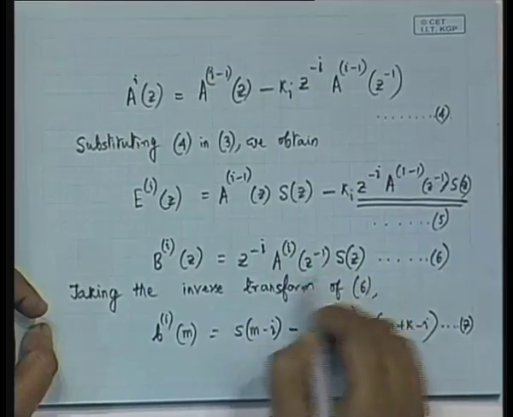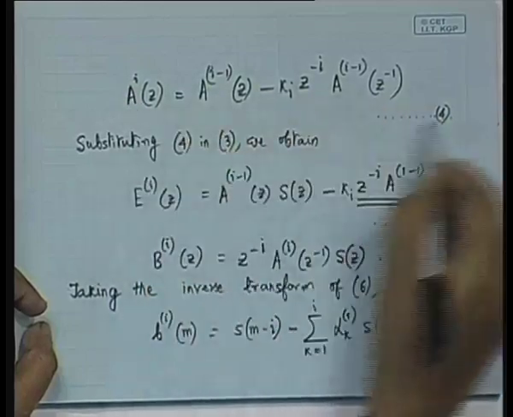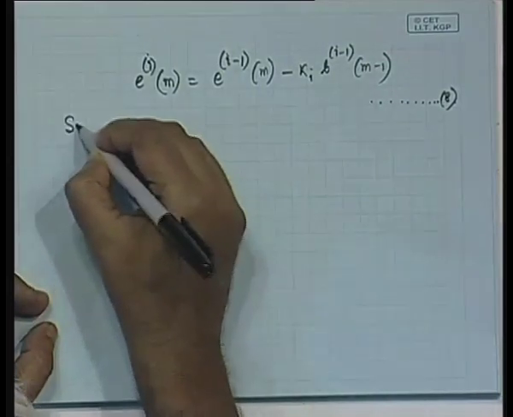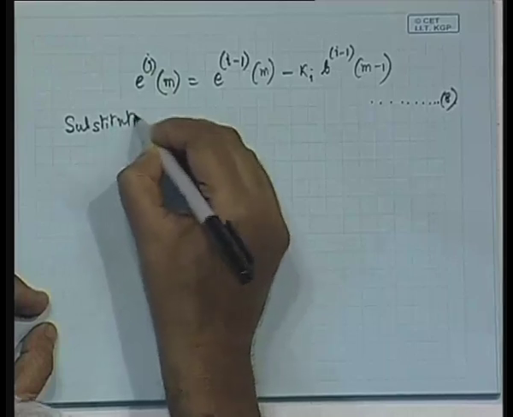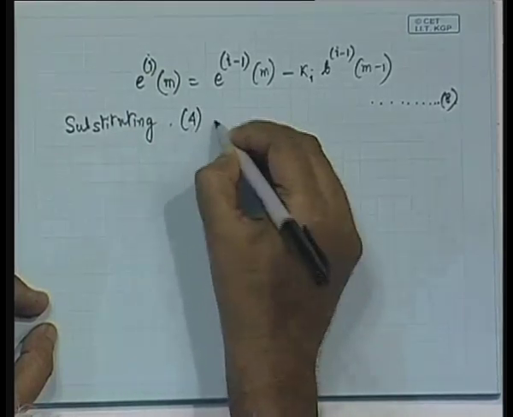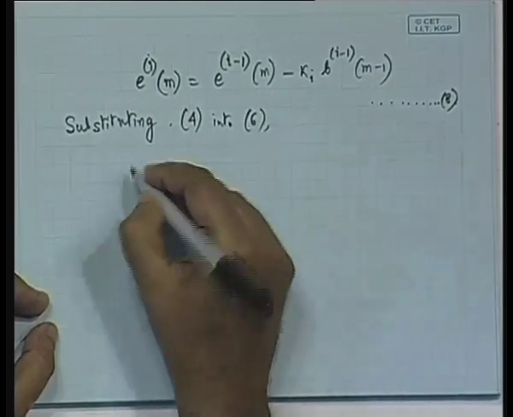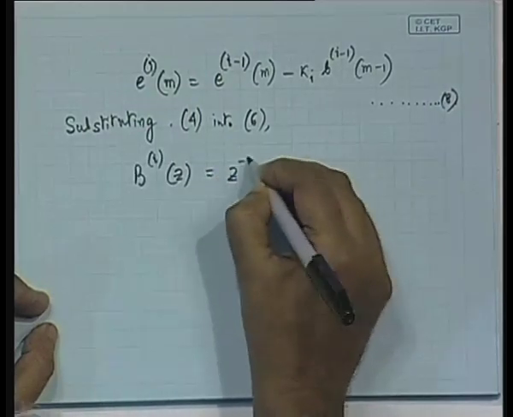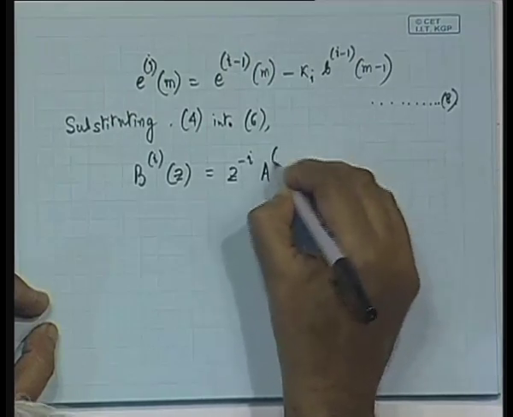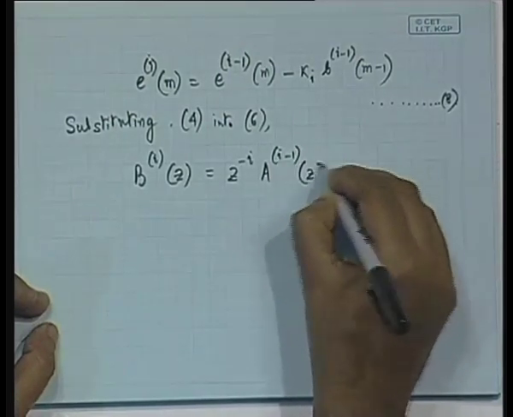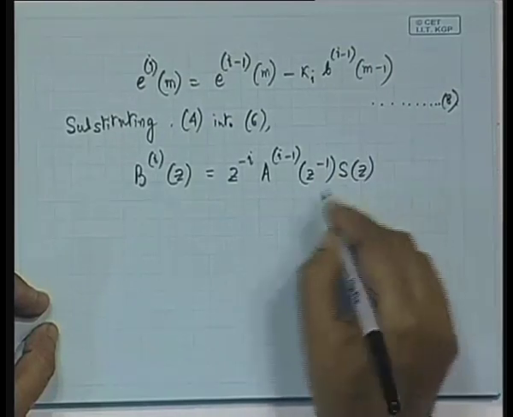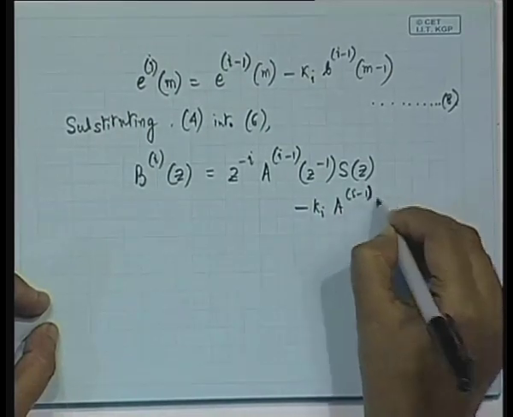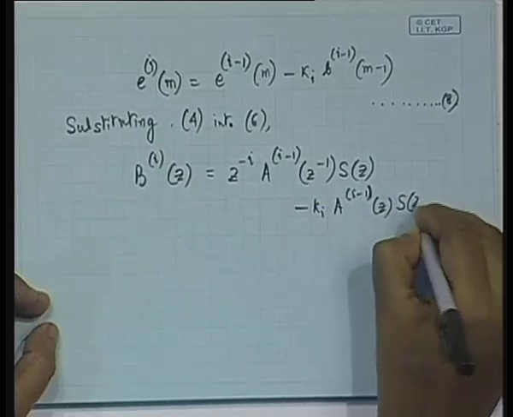Instead of writing a i z to the power minus 1, if we derive it from equation number 4, then substituting 4 in 6, what results is b i of z equal to z to the power minus I, a I minus 1 z to the power minus 1 s of z minus k i a I minus 1 z s of z, and